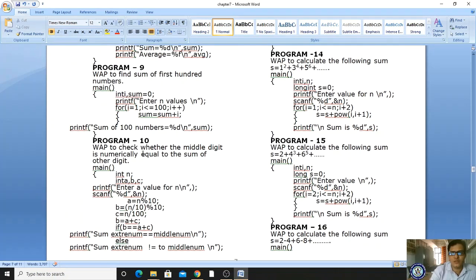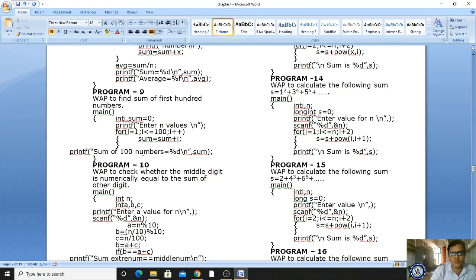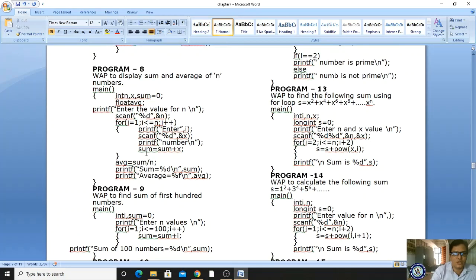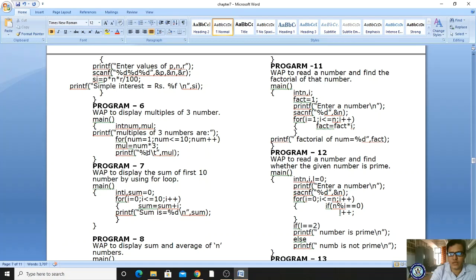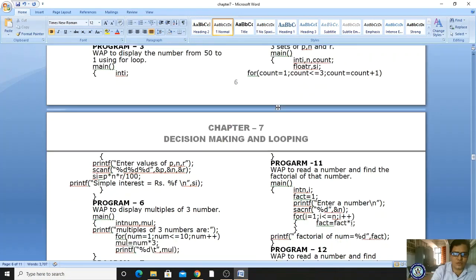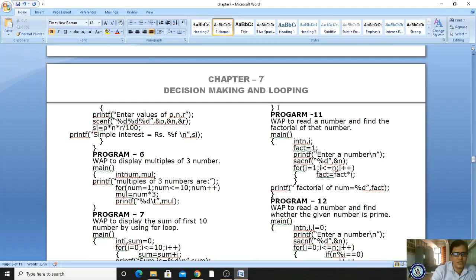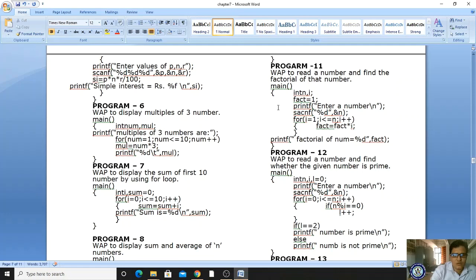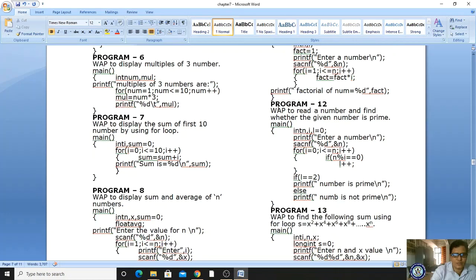Before that, we would like to see some for loop programs. Last class we explained a program to calculate simple interest for 3 sets of PNR values. Now let us see another program.